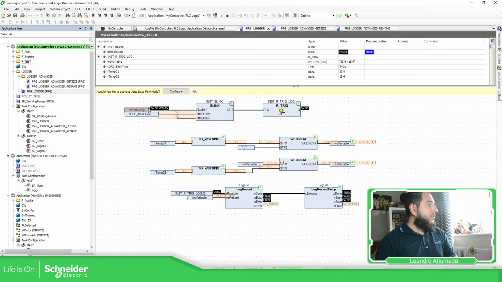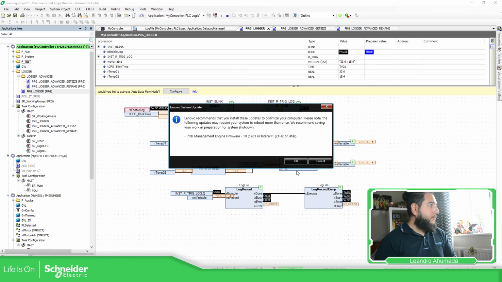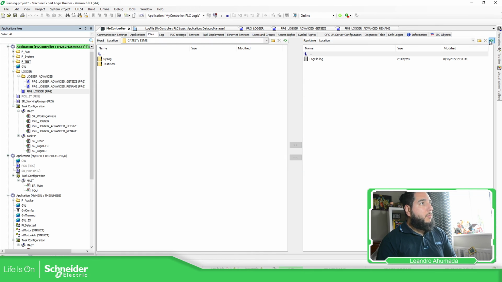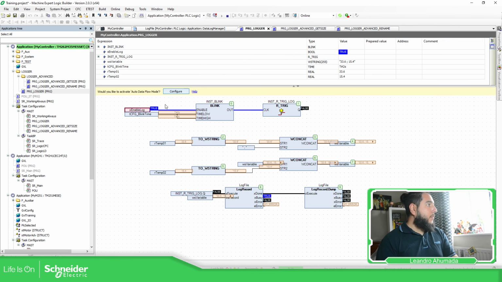So if I start logging the data again, okay, the file will be created over here with the same name as the previous one with the new data, which is totally fine. Okay, but you can see here how the information is increasing. Now, if I stop this now,